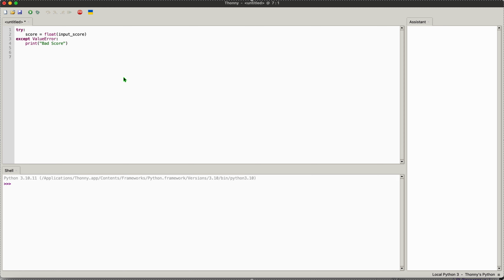So now I would like to write an if statement. If score is greater than or equal to 0.0 and score is less than or equal to 1.0, colon, then we write another if: score is greater than or equal to 0.9, colon,